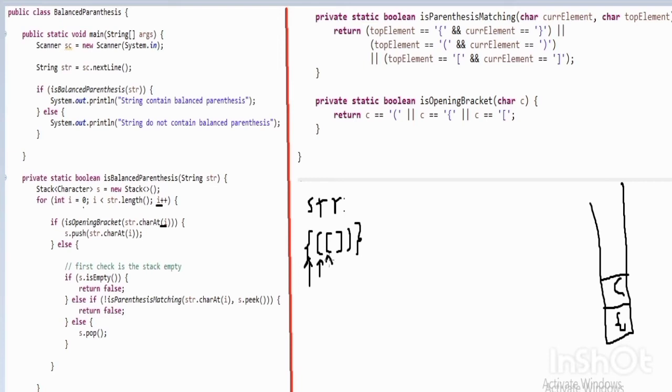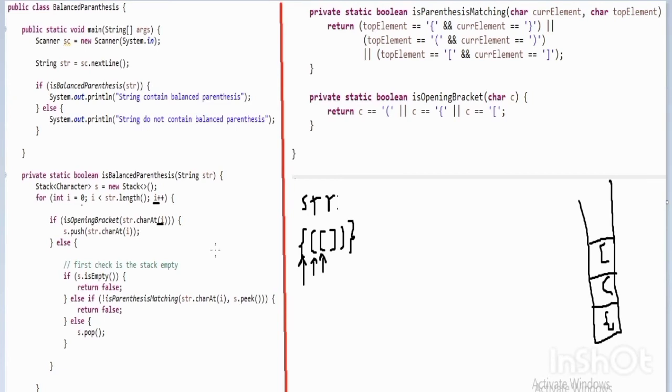At position 2, an open square bracket is present. This is an opening bracket, this condition is true. Push it into the stack. The i value is again incremented by 1. It becomes 3. Now at 3, a closing square bracket is present.